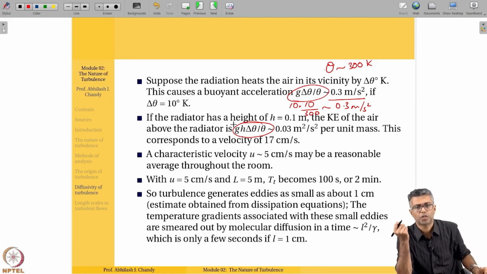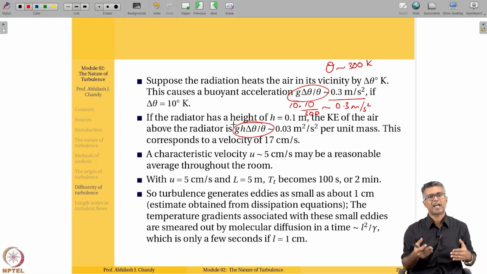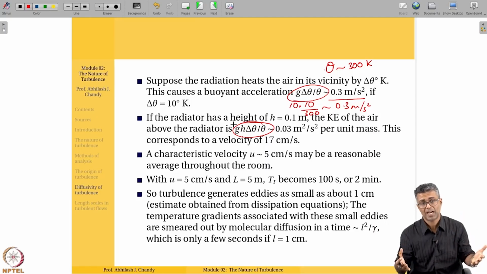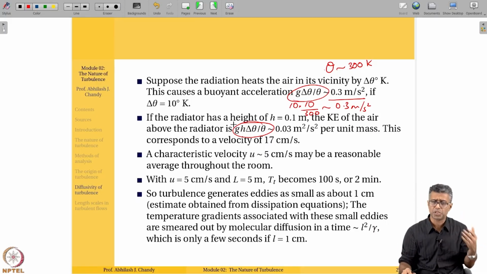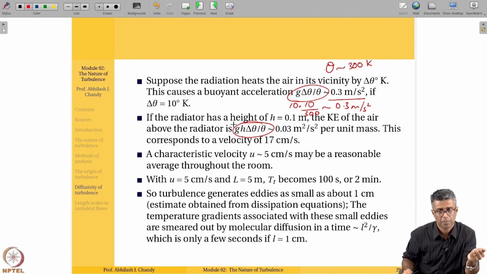Based on that, one third of that velocity can be considered a characteristic velocity. Assuming the fluctuations are 30% of the actual velocity, 5 centimeters per second seems a reasonable assumption for the RMS amplitude. So u is equal to 5 centimeters per second